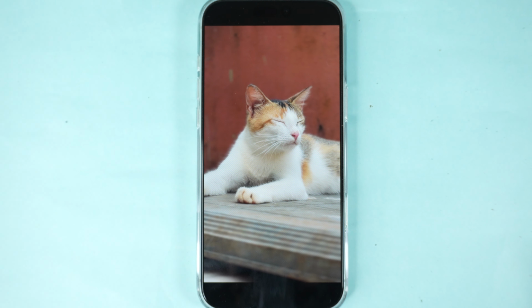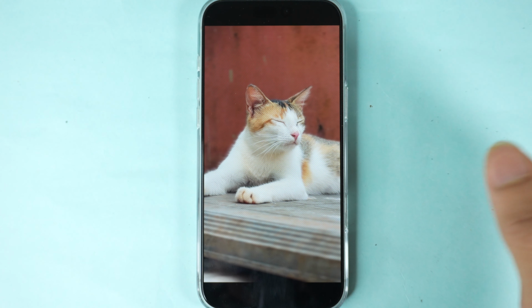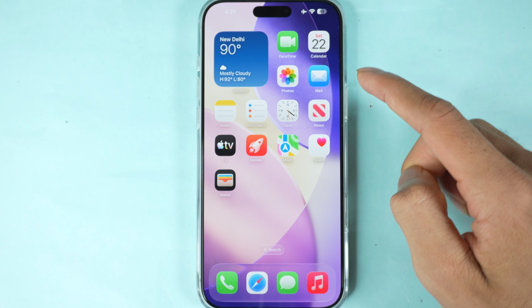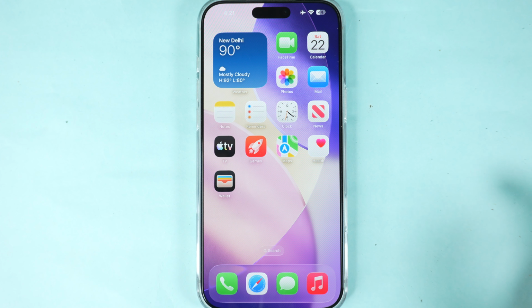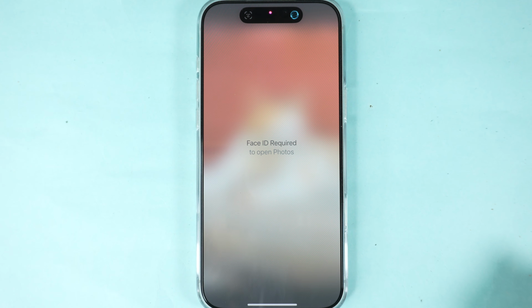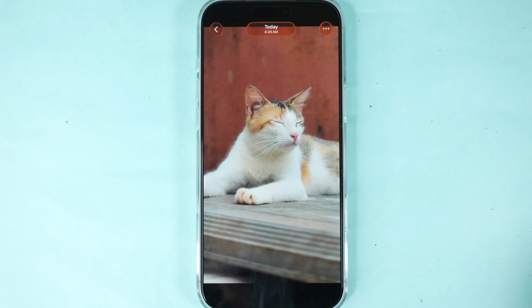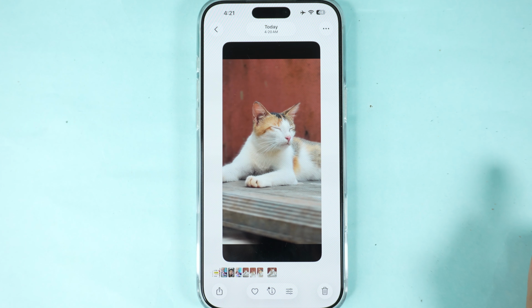Okay, so you just want to open your gallery, the Photos app. You have to open the official Photos app which is available on your iPhone. Unlock it with Face Lock if there is a lock, then you just have to unlock it. Now tap here, and then click on the